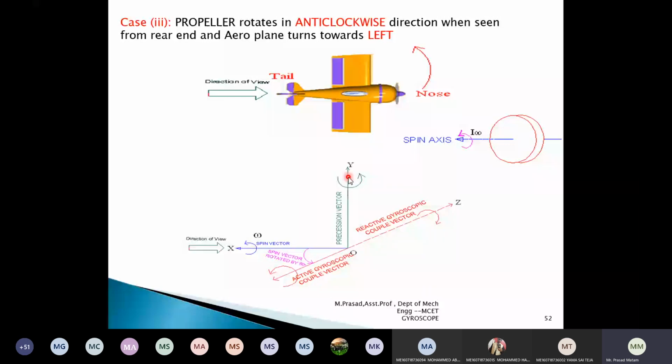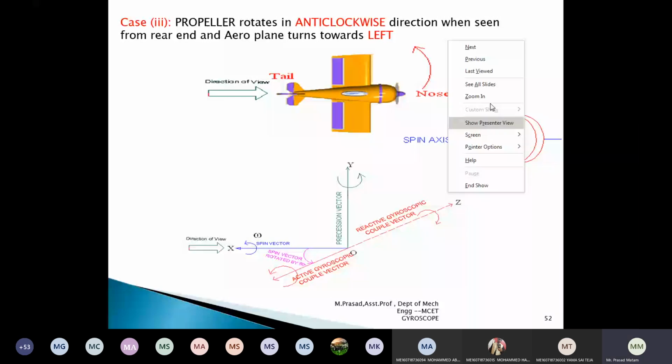Now, where I am getting the active couple and reactive couple, again, rotate the spin vector by 90 degrees. This is the portion where I am getting the active couple. And where I am getting the reactive couple, extend the active couple line exactly in the direction opposite to the active couple. This is the portion where I am getting the reactive couple. So here, an active couple is moving towards the negative z axis, and reactive couple is moving towards the positive z axis. If you see what is my left side and right side, again,